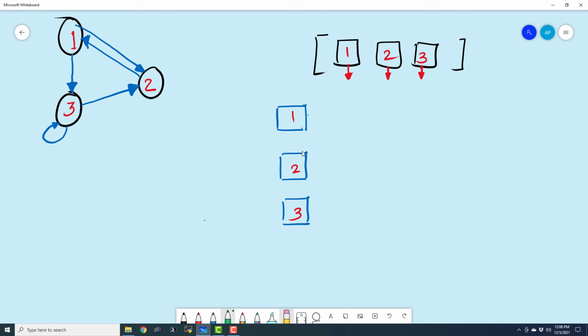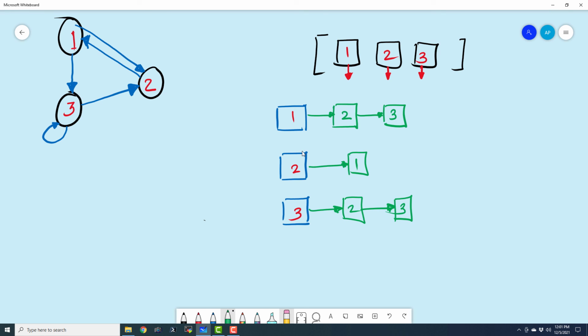Now let us draw. From 1 to 2 there is a link. And from 1 to 3 there is also a link. Similarly, from 2 to 1 there is a link. And finally, we have links from 3 to 2 and 3 to 3.